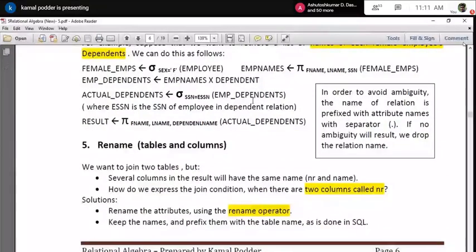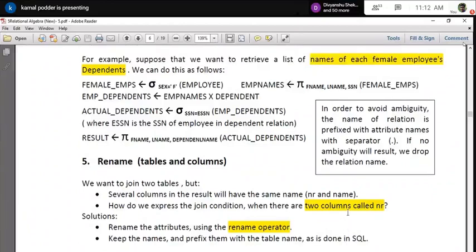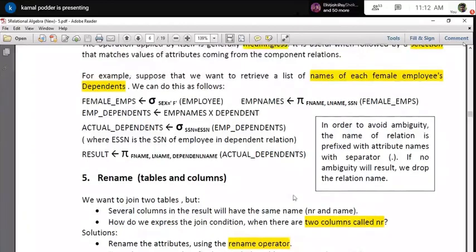On that particular Cartesian product, you select all the records where SSN and ESSN are the same. If SSN and ESSN are the same, it indicates that particular dependent belongs to that particular female employee. So naturally here I am getting the actual dependents. Understand? Now you see that I got the actual dependents, but I got a lot of information which might not be wanted by the user.